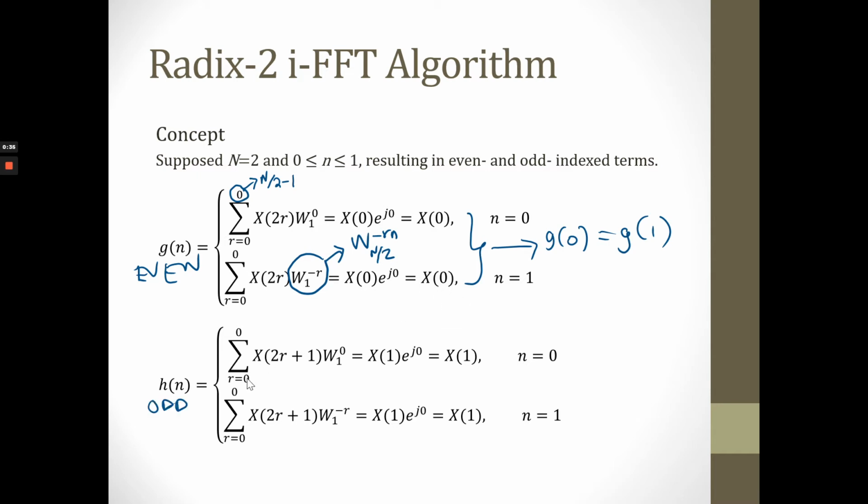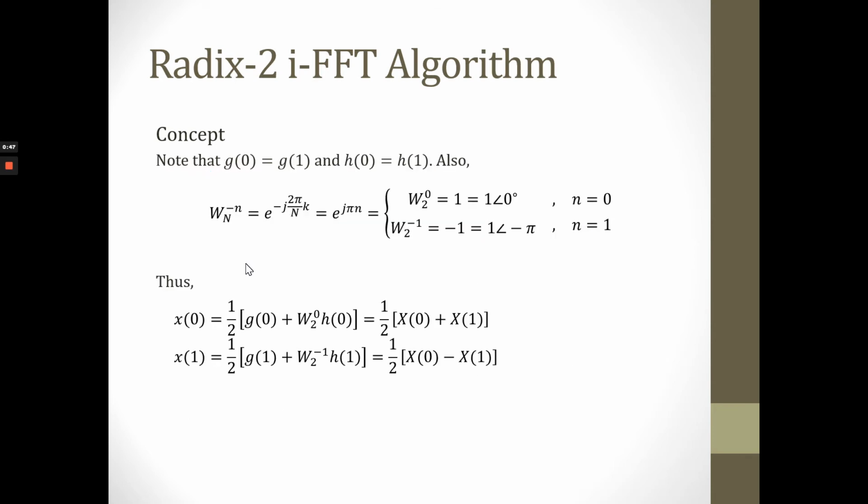The next one is the odd function where k is equal to 2r plus 1, and the value for h0 is equal to h1, where it is equal to x1. So the next one is based on W with the power of negative n function for N points, so N is equal to 2. So we have this function, and also this